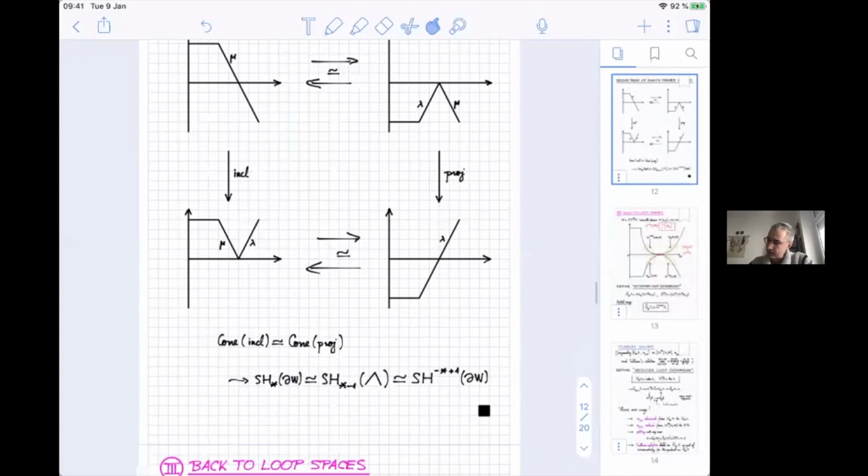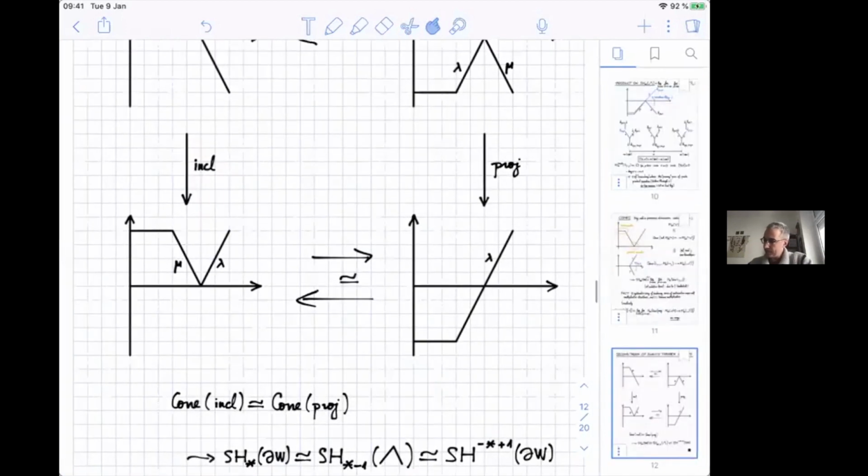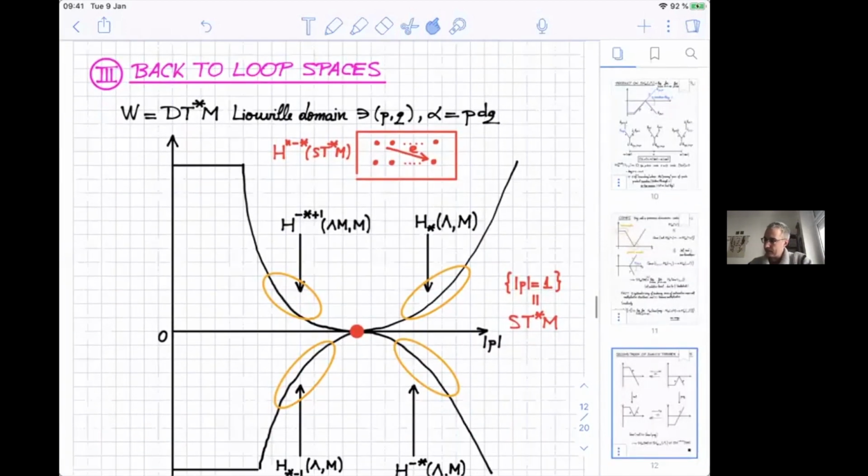I'll make it large again. Oh, but I need to,